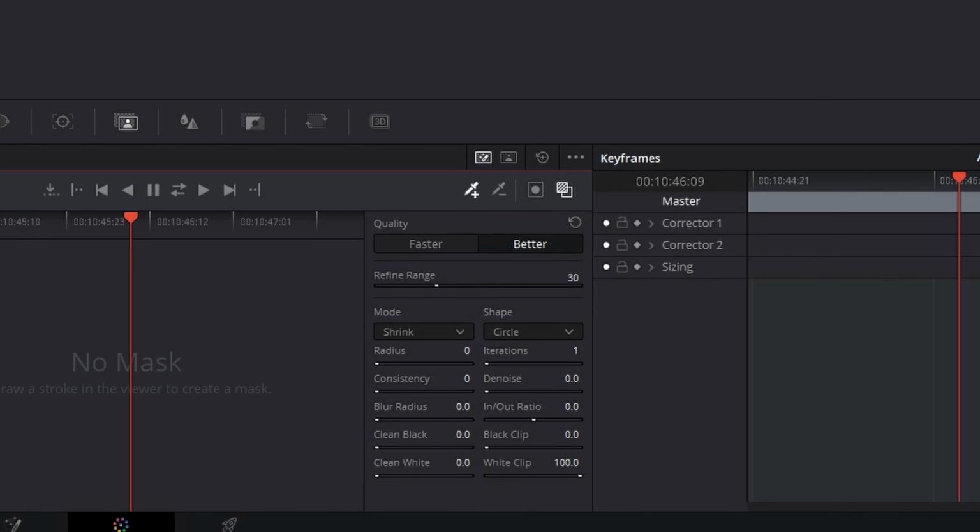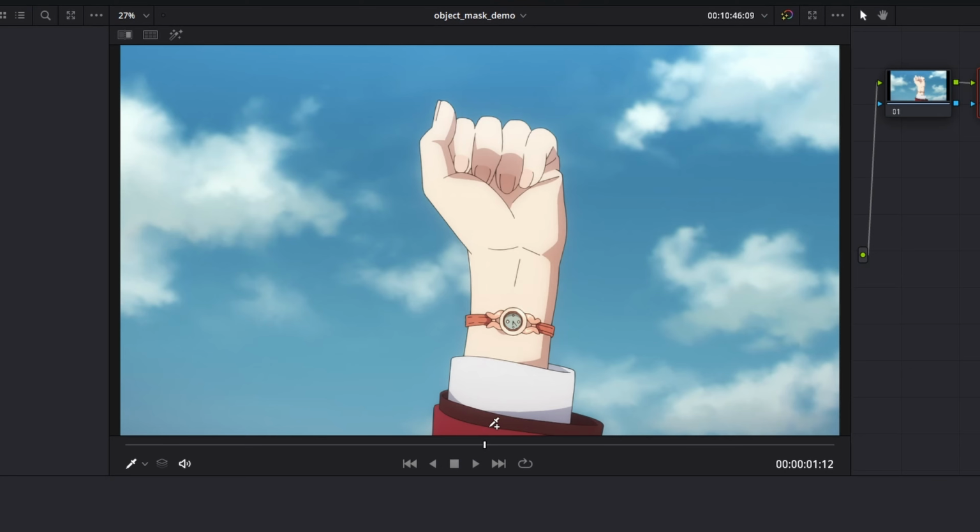We have additional settings down here that we can tweak, but for most masks, you don't need to. So now that we have that done, we are finally ready to simply click and drag a simple stroke over the object we want to mask, and then release the mouse button. It's going to take a moment to render, and once it's done, you'll see a red painting on top of our mask. Done. Now let's mask it out.